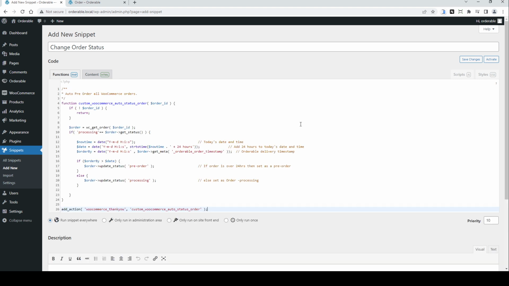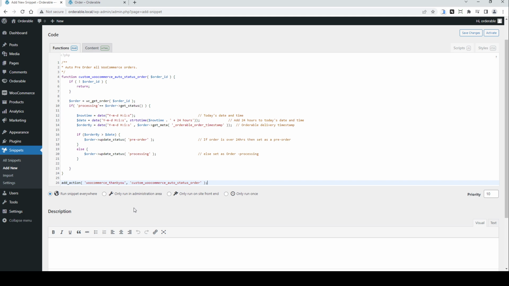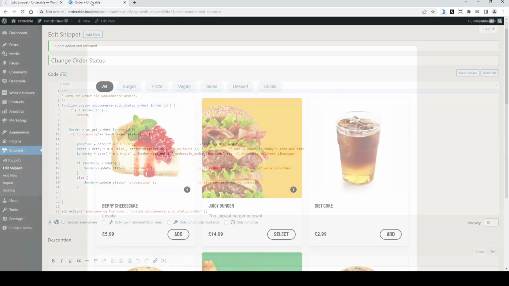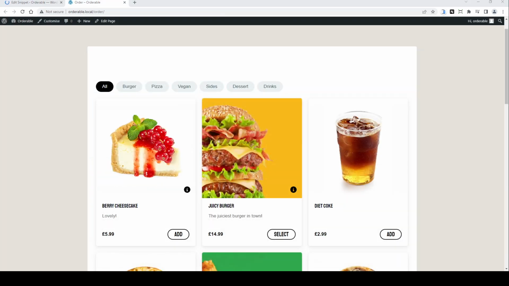And then add this bit of code to the functions. The link to this code will be in the description below. But basically, it gets the order date, checks it with the date of today plus 24 hours, and then depending if it's greater, so that means it's not due for 24 hours, it'll give it the status of pre-order. Within that 24 hours, it'll give it the status of processing, which on our live view will show up as preparing. We then need to save changes and activate. So now when I place an order and set it for a day in the future,